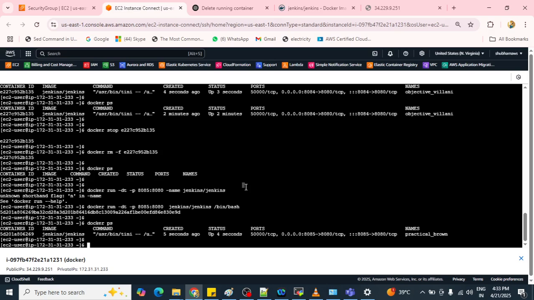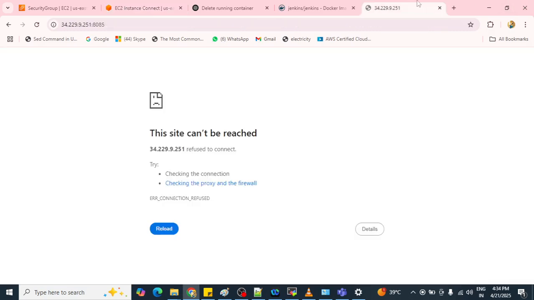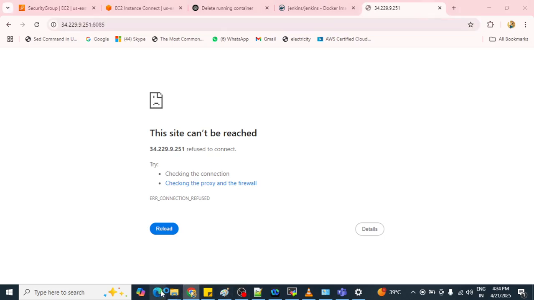That we need to troubleshoot. So run docker ps -a. Okay, it is fine. 8085. Let me try to run it in a different browser first.